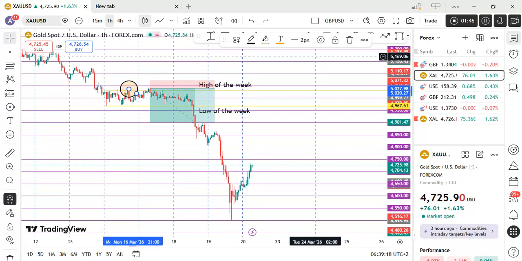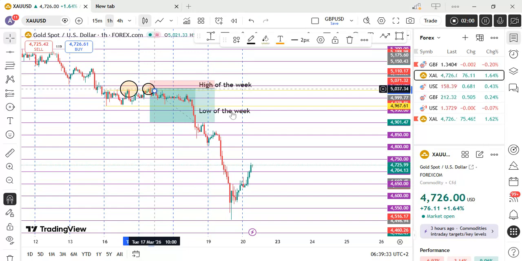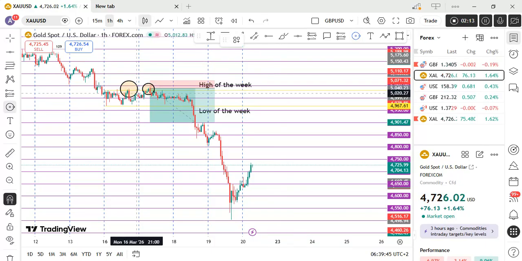Then what happened again? We labeled the second entry position when price eventually came back to retest the same resistance level, which in this case is the high of the week, almost touching the psychological level that is acting as resistance there. On these occasions, from the lower time frame, we could see an MO pattern being formed. So this is the intermediate being 1 hour.